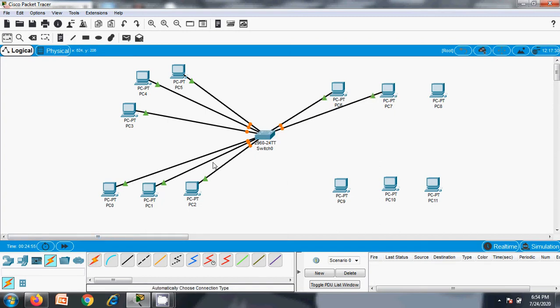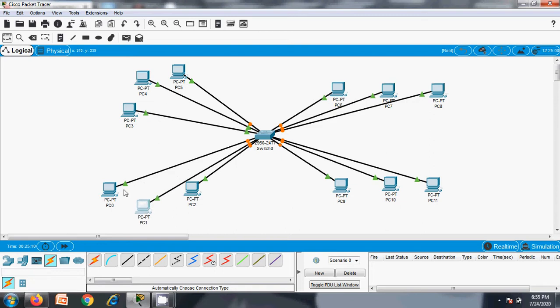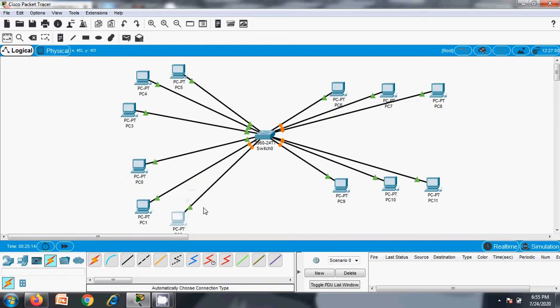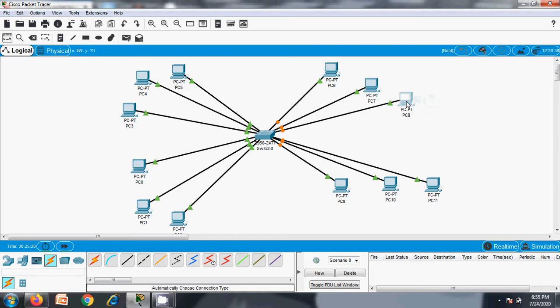Let's connect all the devices to the switch. So it takes a fast Ethernet connection. Right, so let's create a nice structure for this.